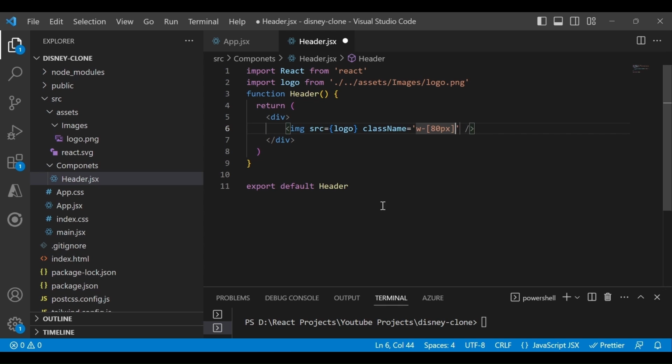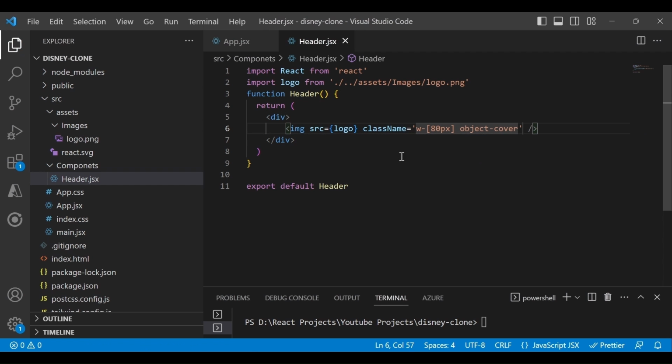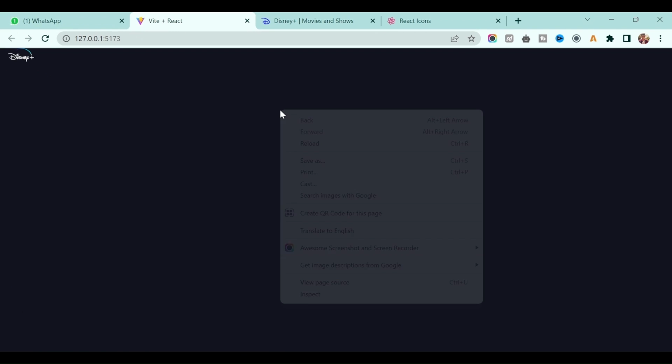You can just write like this, and if I hover on it, you will see the CSS property width of 18 pixel. Just save this one, and I will make sure the object is covered, so I get a proper view. Now if I go back to the application, you will see the Disney logo.